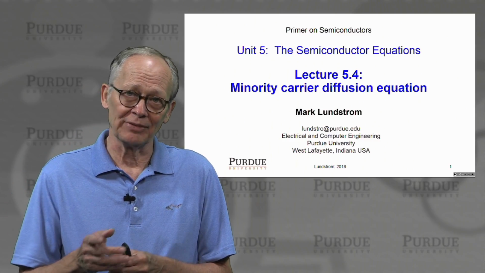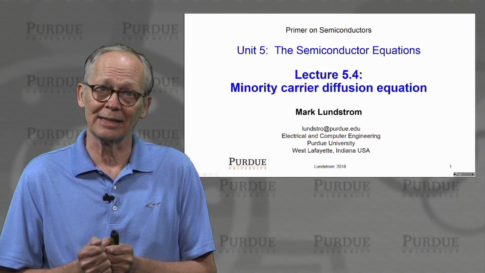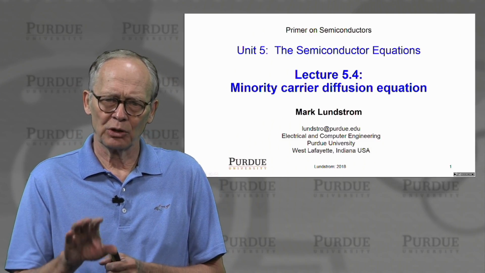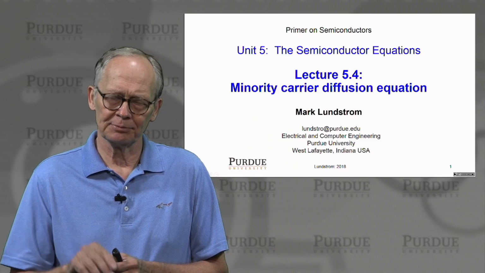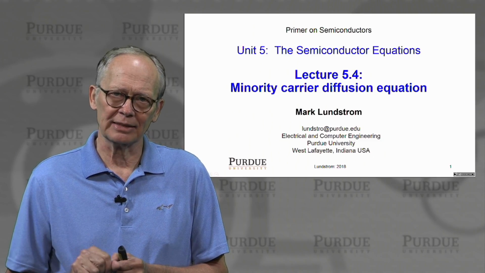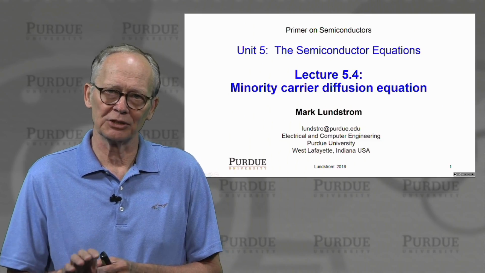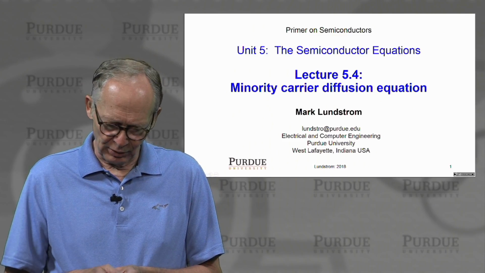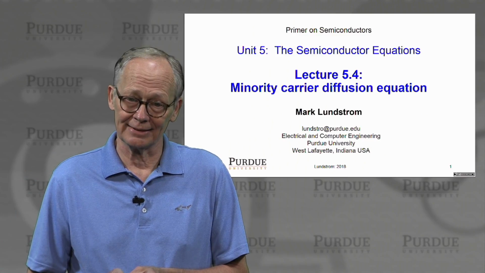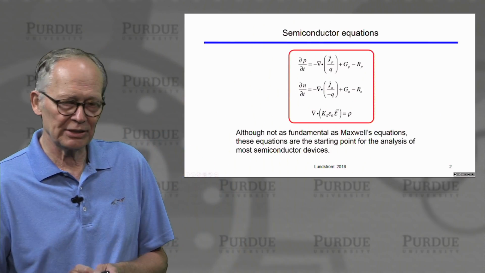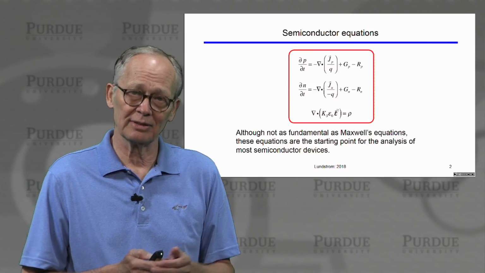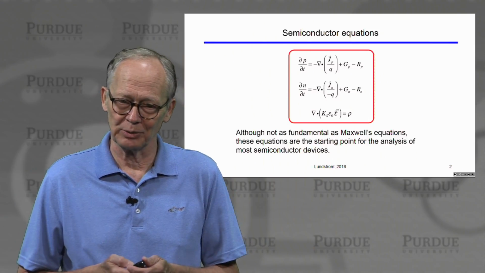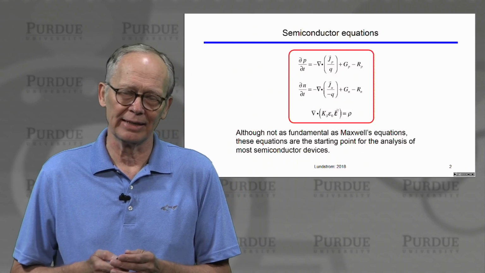I gave an example of that in the previous lecture, just a simple N-type resistor with two ideal contacts on it. In this lecture, we're going to focus on minority carriers and show how we can mathematically solve the semiconductor equations analytically, relatively simply, by making suitable approximations for minority carrier devices. So these are our equations. As we indicated before, it's a relatively complicated set of nonlinear coupled partial differential equations, but they can greatly simplify under certain